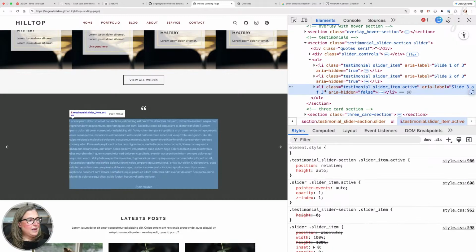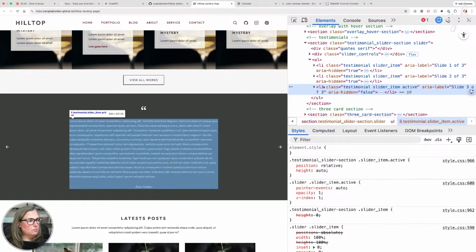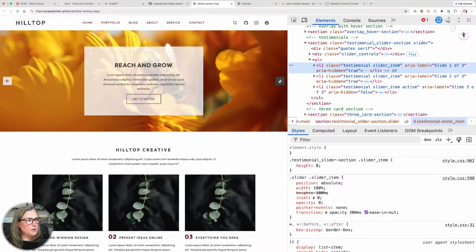But for the one that's active, it's height auto. And I think we have more than one slider on the page.